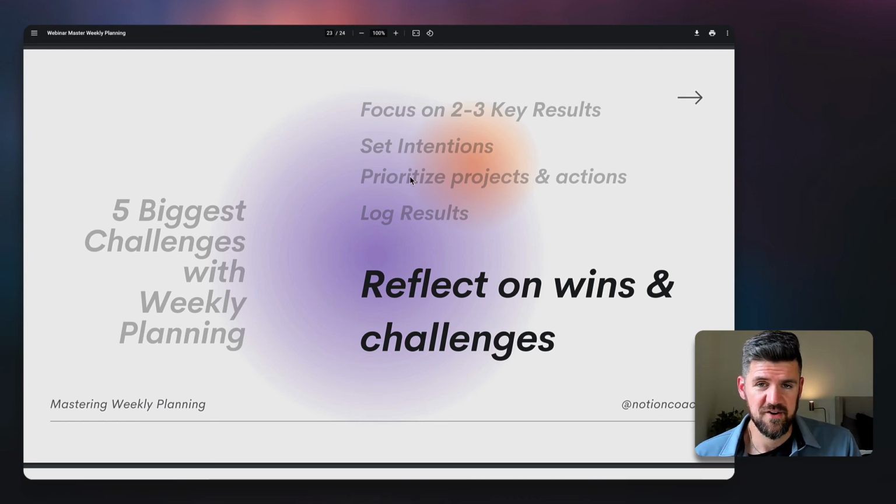If you're a content creator or a freelancer, the number of active projects can seem endless, which is why this part is so critical. And then also when we get into reflection, making sure to log where we ended the week in terms of any metrics that you've decided were most valuable. And really from a qualitative standpoint, what were the wins and challenges of that week?